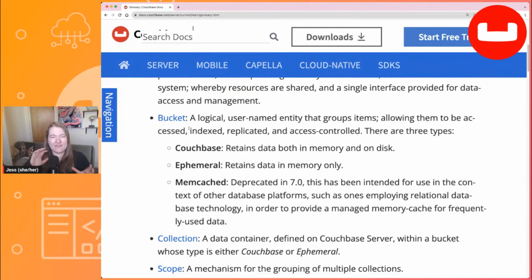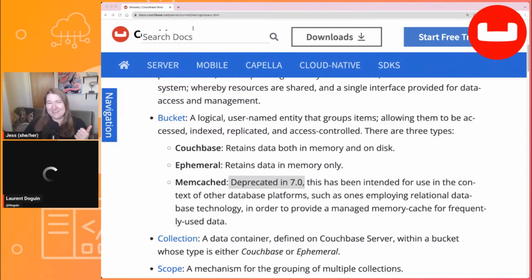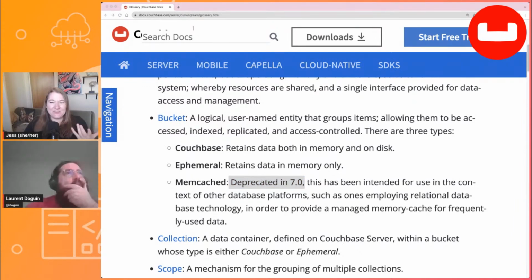Couchbase, which keeps data in both memory and on a disk. Ephemeral, which means it just keeps the data in your memory. And memcached. And we don't even have to read this whole thing because it says it was deprecated in 7.0. Deprecated means it's been thrown away. It means you can still use it if you've been using it, but you probably shouldn't use it